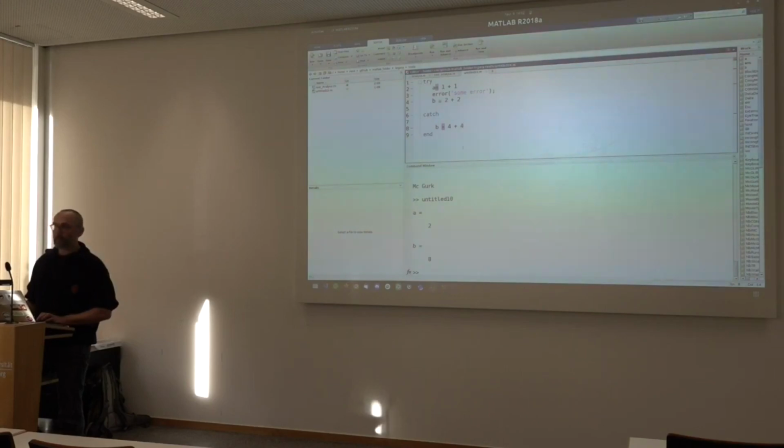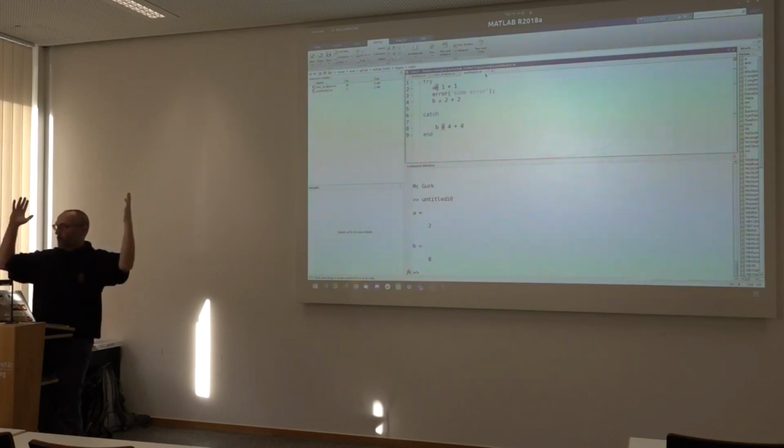This is useful if you expect some part of your code to potentially break and you want to do something in case it fails, right? So that's like a fallback solution. For example, does anyone here use Psych Toolbox to run experiments? Psych Toolbox is a toolbox for MATLAB that you can use to run experiments on your computer. Very often, the way Psych Toolbox runs is that it will just display things on the whole screen.